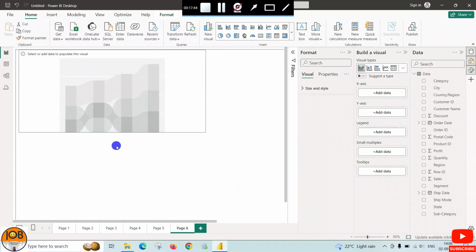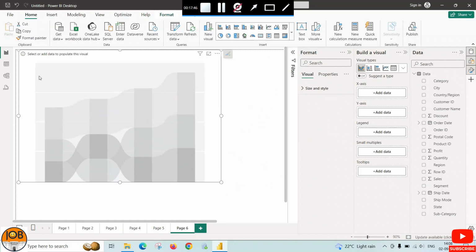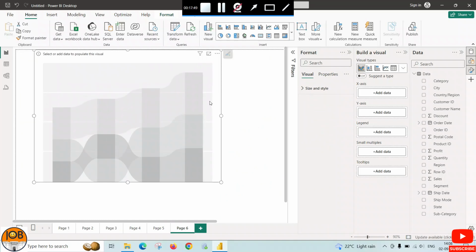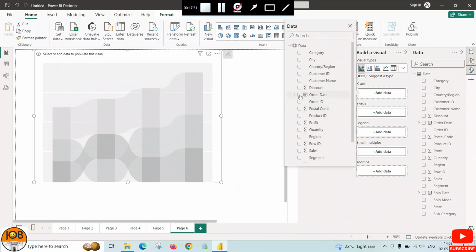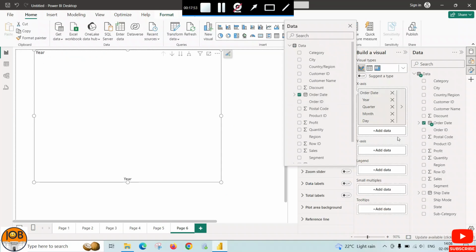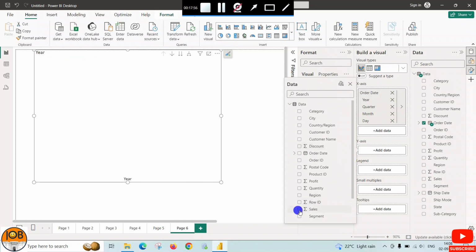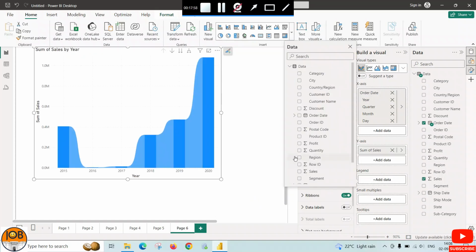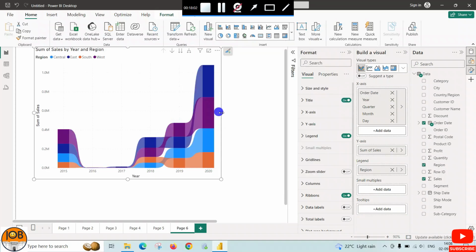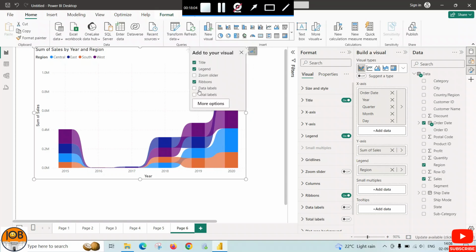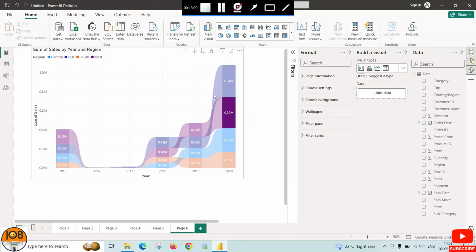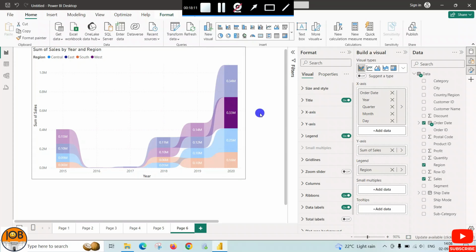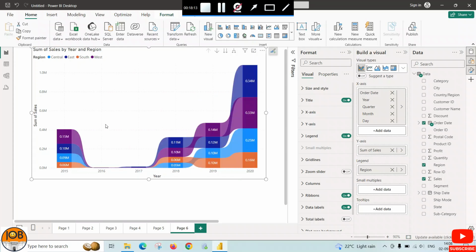It also shows trend for particular data. X-axis should be order date, y-axis should be sales, and we have to select region as a legend. So here, click on data labels. So it will be easy to analyze the data properly. So you can see here